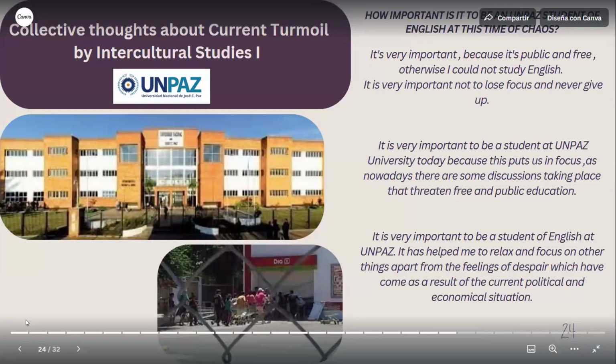Okay, so this is called Collective Thoughts About Current Turmoil. This was written 2 years ago with my class. At that time I was teaching Intercultural Studies 1 with first-year students. And we were in the middle of a situation of social and economic turmoil in Argentina, and especially here in this area, right? I don't know how to go about this word, but